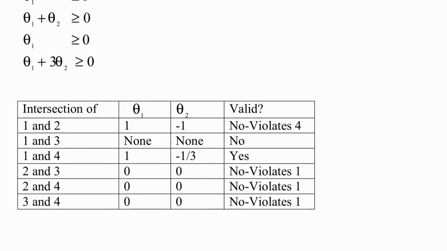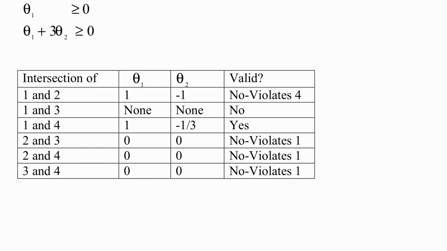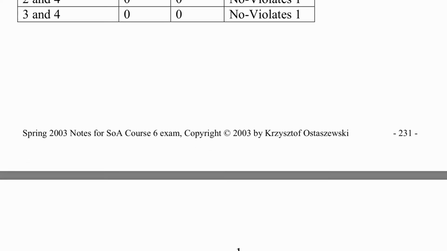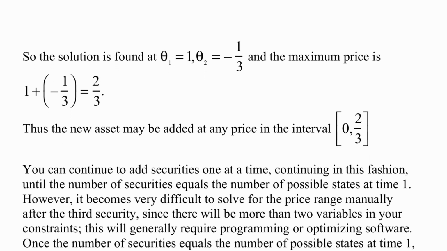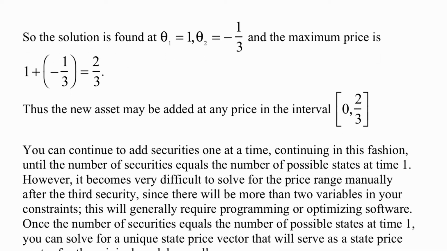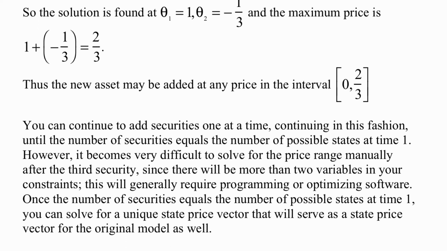And then we get this table of possible values, and the solution is found as theta 1 equal to 1 and theta 2 equal to negative 1/3, and the maximum price is 1 minus 1/3, which is 2/3. And actually the new asset may be added at any price in the interval from 0 to 2/3,